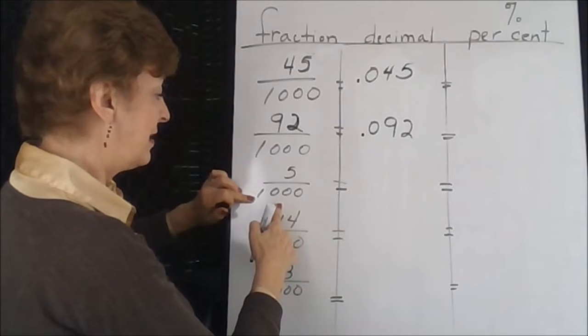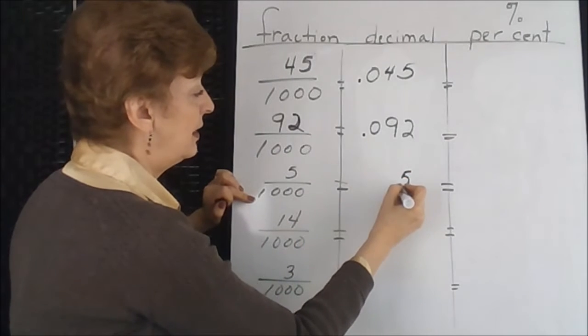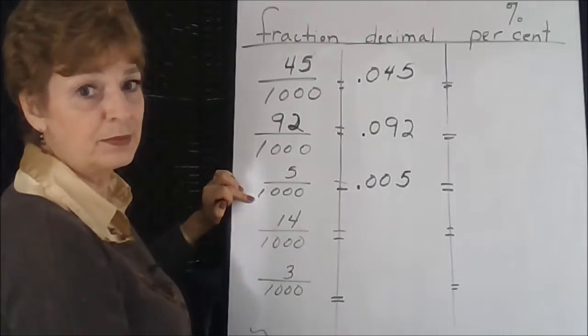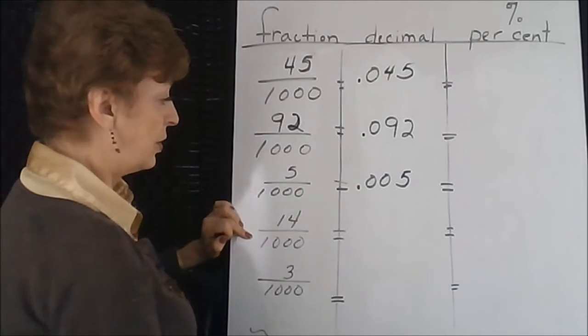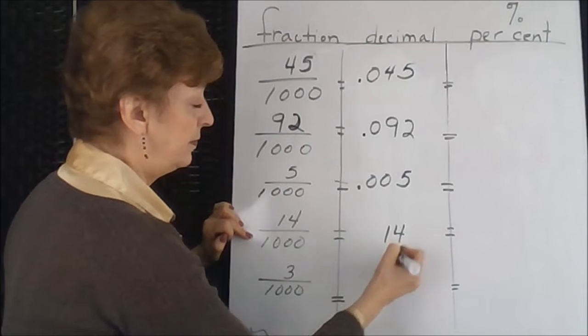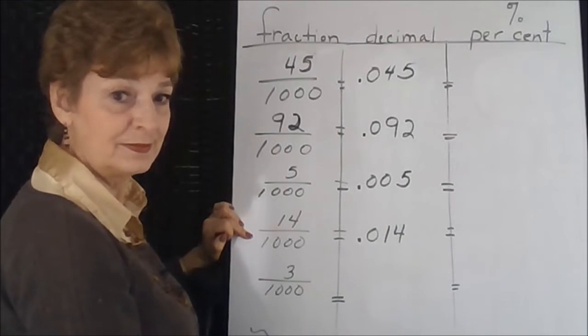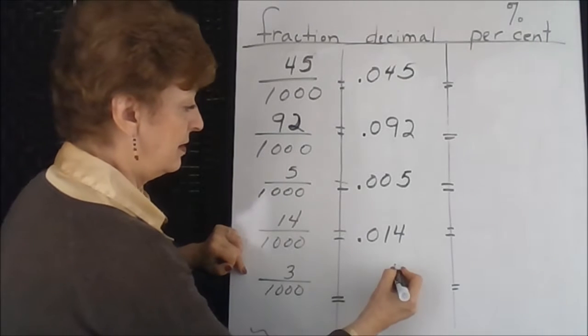5 has to end up in the thousandths column. That means 2 zeros need to go in front of it before we place our decimal point. 14 thousandths, 3 thousandths,